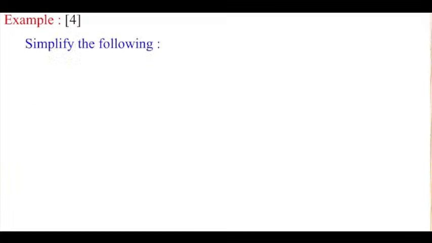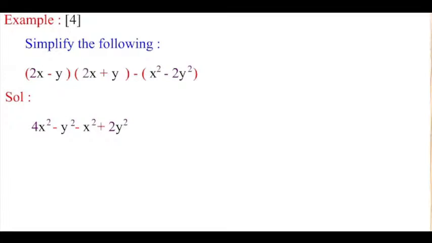Example 4. Simplify the following: 2x minus y times 2x plus y minus x squared minus 2y squared. Solution. 4x squared minus y squared minus x squared plus 2y squared equals 4x squared minus x squared minus y squared plus 2y squared equals 3x squared plus y squared. We note that the two expressions have like terms except the sign of the second that